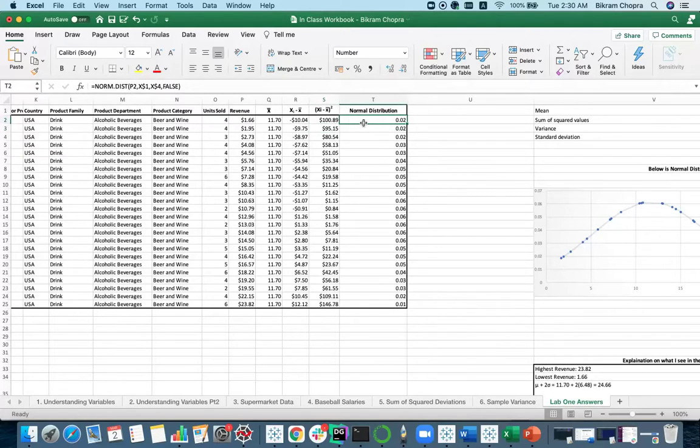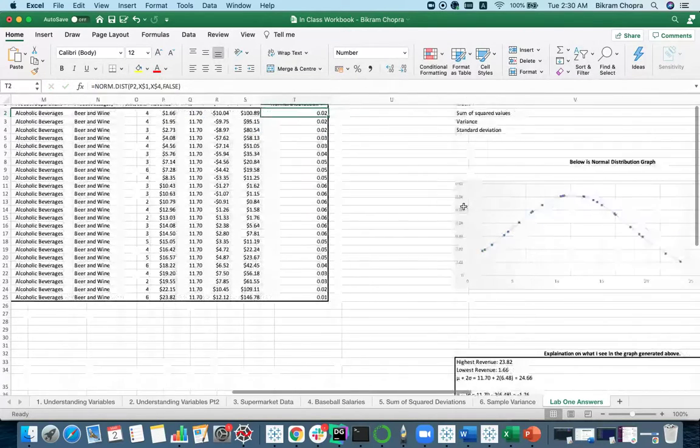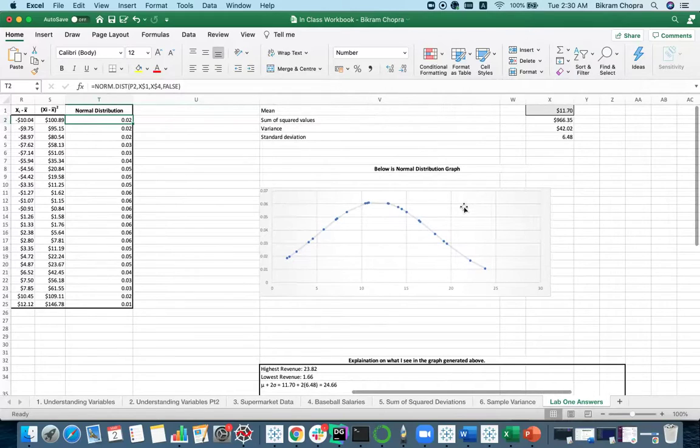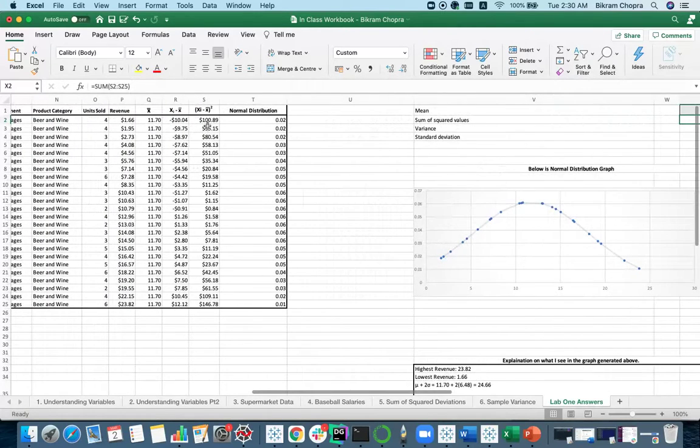Here is the important part, which is finding out the normalized value of each revenue. Here, the normal distribution, as we can say, by using the standard scaler concepts. So this is also an inbuilt function that we have in our Excel, so we have used that. Further, the values that you can see here have been generated by simply using these values. Here is the sum of squared values.